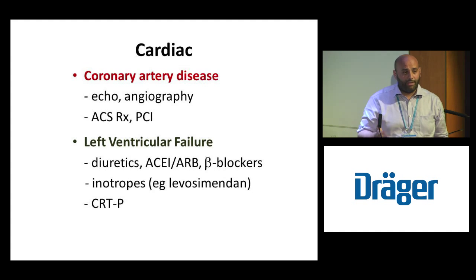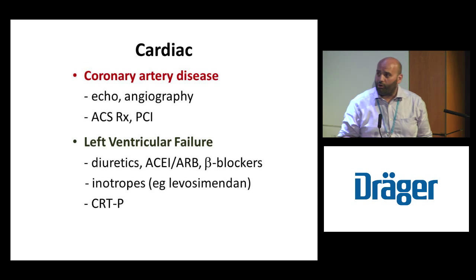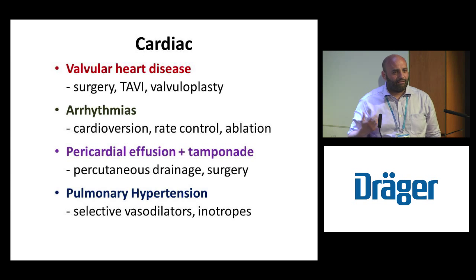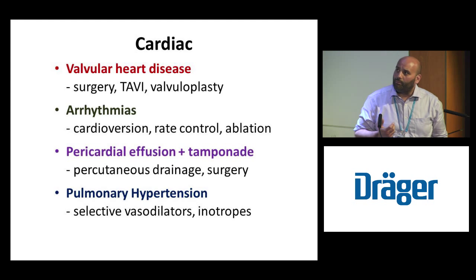But you have to be fairly bullish in what you're going to do. Diuretics, ACE inhibitors, beta blockers may help, but quite often you're having to go to more interventional aspects of care in order to move that patient forward. In some cases, it's restoring coronary perfusion. In some cases, it's offering cardiac resynchronization. In more extreme cases, and this is obviously something that would be more familiar in cardiothoracic centres, you need to change the underlying valve, replace it in some way or another to allow normal cardiac output,